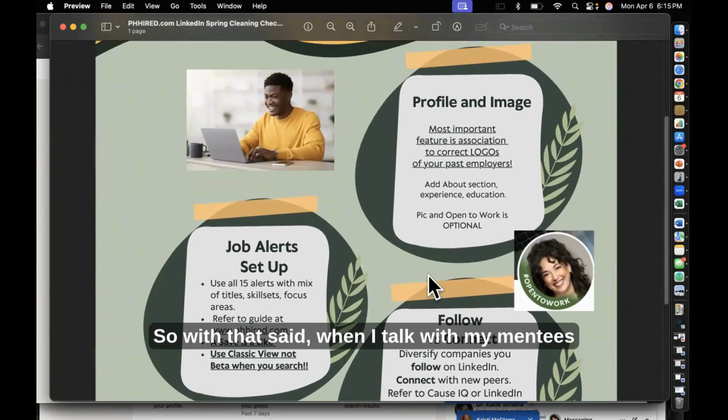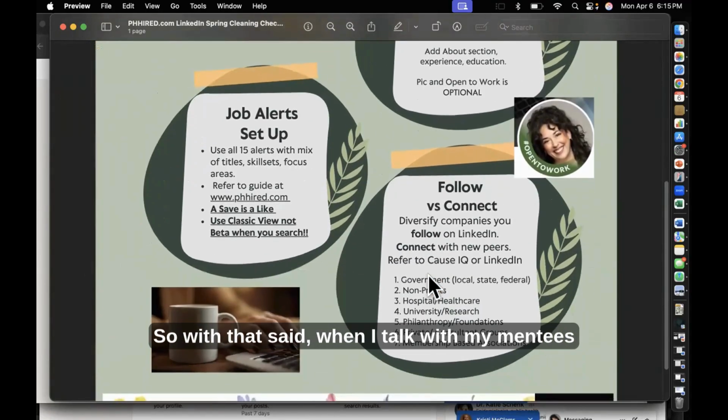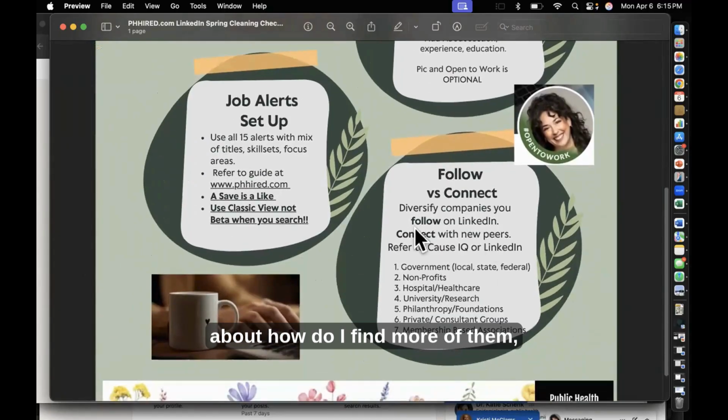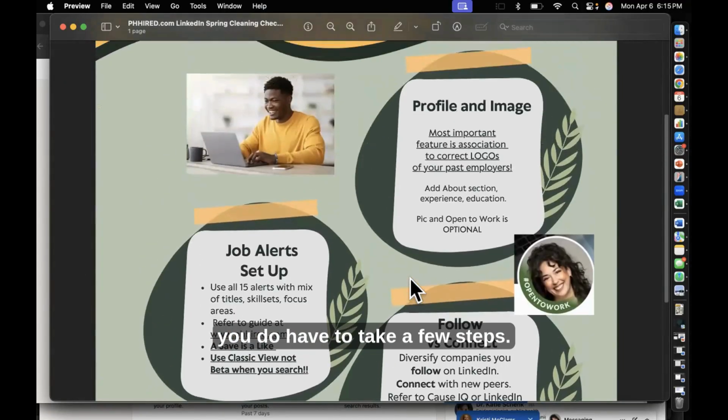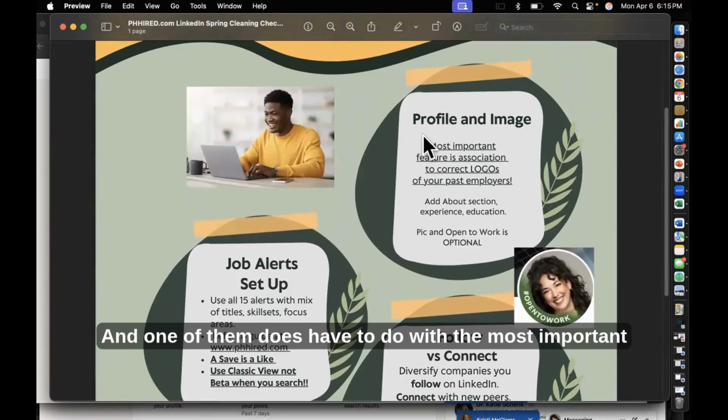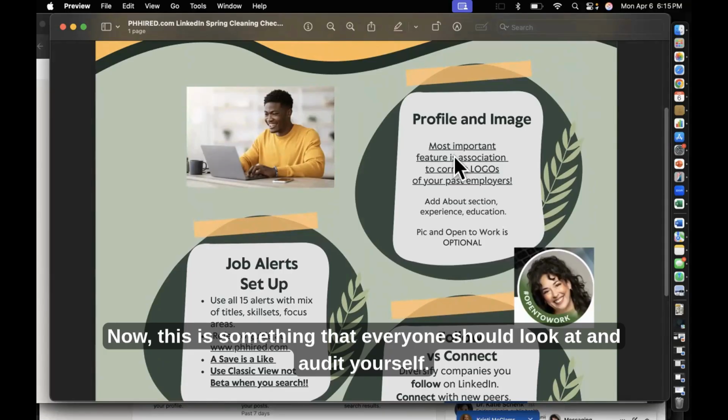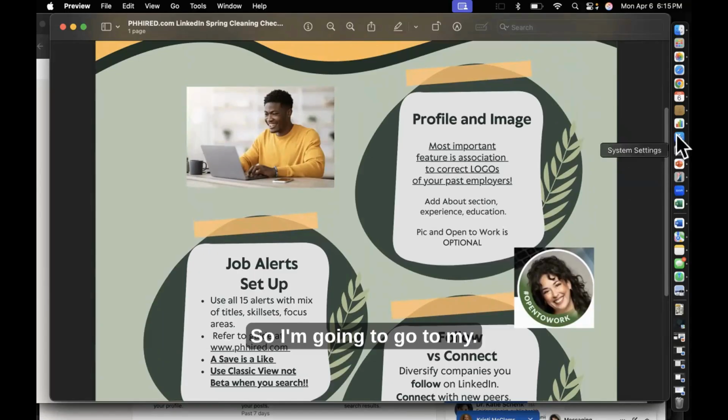So, with that said, when I talk with my mentees about how do I find more of them, you do have to take a few steps. And one of them, the most important feature, is the logo association of your past employers. Now, this is something that everyone should look at and audit yourself. So I'm going to go to